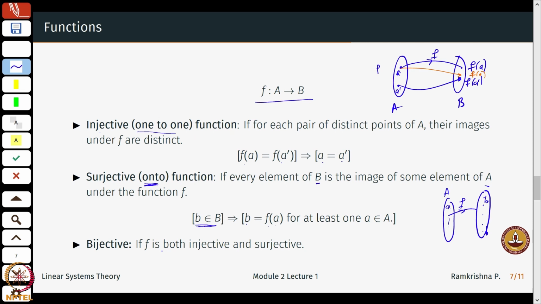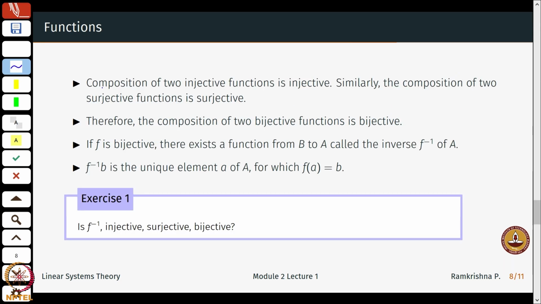Okay. So a map is called bijective if it is both 1 to 1 and onto, that is, both injective and surjective. Some of these proofs I will leave to you to prove. The composition of two injective functions is injective. Similarly, the composition of two surjective functions is surjective. Proofs are just 2-line proofs, so I will expect you to work them out yourself. If not, then we could discuss this over a forum. And as a consequence of these two statements, if I have a composition of two bijective functions, the resultant function will also be bijective.